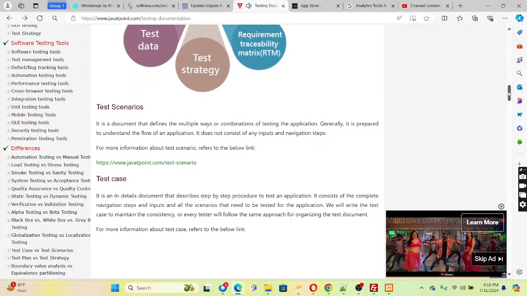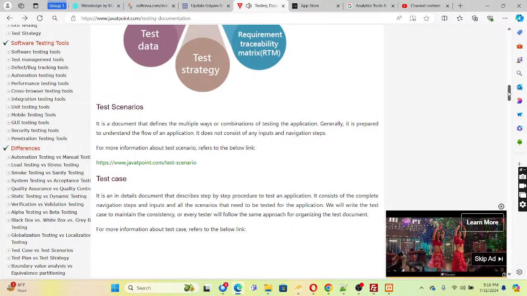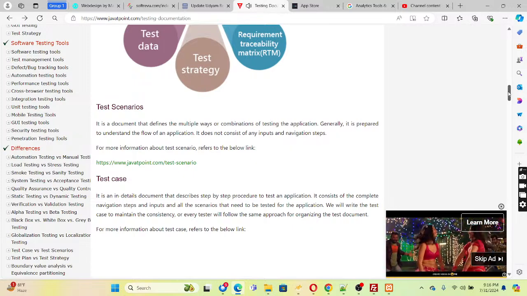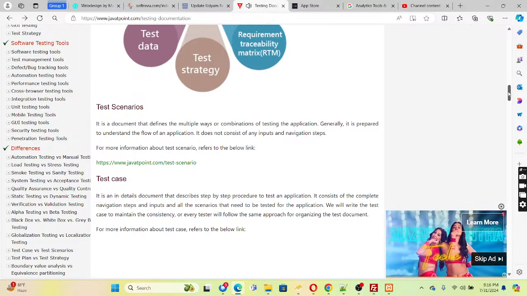So in test scenarios, what is a test scenario? For example, you want to test login. It is one test scenario. So you will have a login. You will click on login.html, and then a window will open, and you will enter user ID and password. A lot of validations will happen on the user ID and password in the browser itself, and then you will submit that request,